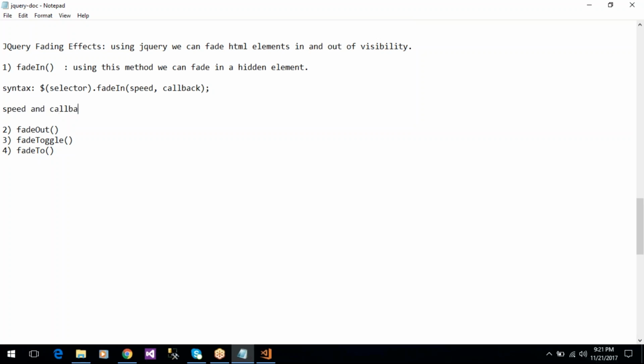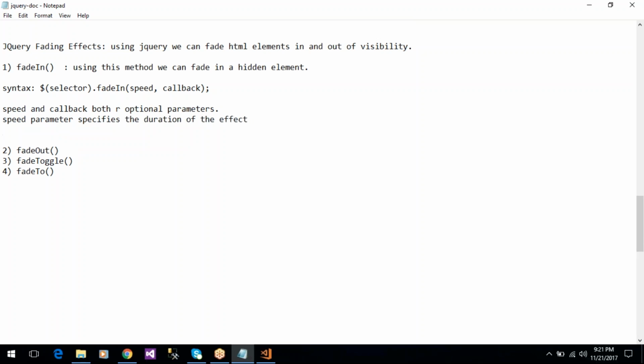The speed parameter specifies the duration of the effect, and callback